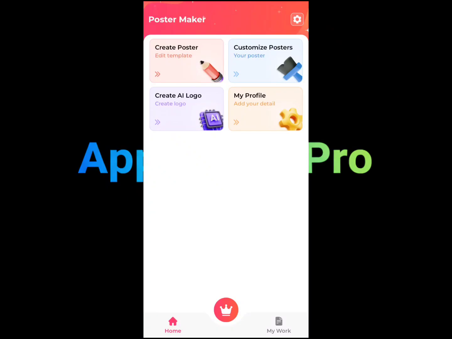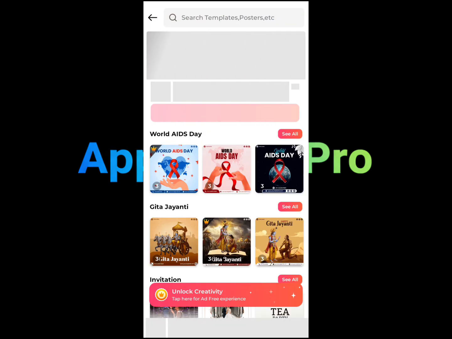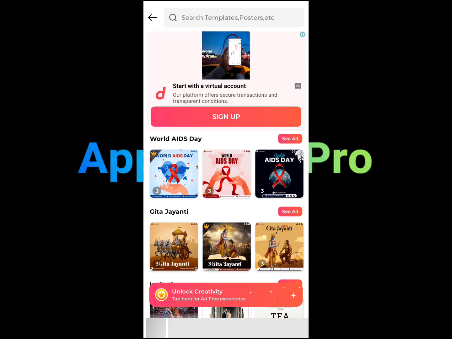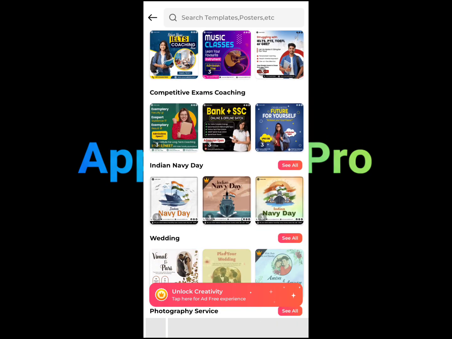This is the home screen of the application, and you can create your own poster by just tapping on your create poster option here, and you're able to use all of their templates. Some of them may need a subscription to use, with the ones with the Chrome icon going to need a subscription to use those templates. So here, as you can see, you can scroll down a bit and see whichever template I want to